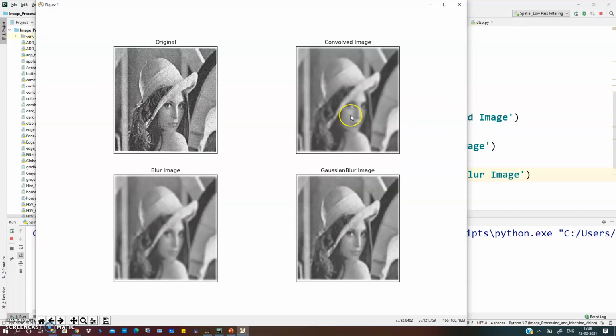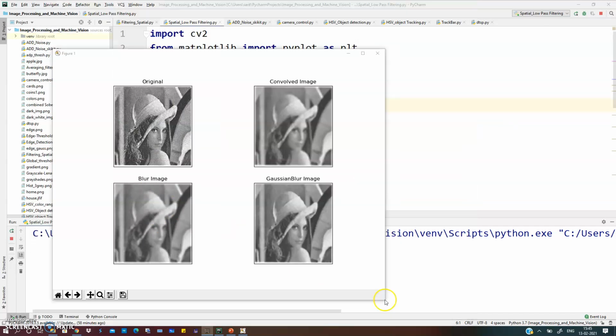As compared to filter2D or the blur method, or we can say as compared to the averaging filter, the Gaussian filter gives a better result to remove the noise in this image. In the averaging filter, similar weights are assigned to all the neighborhood pixels, whereas in the Gaussian filter, different weights are assigned to the neighborhood pixels. The center pixel has more weightage as compared to the pixels which are far away, and as the distance from the center pixel increases, the weightage also decreases.